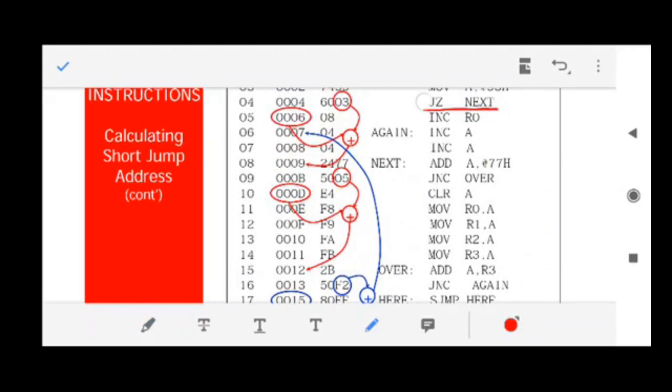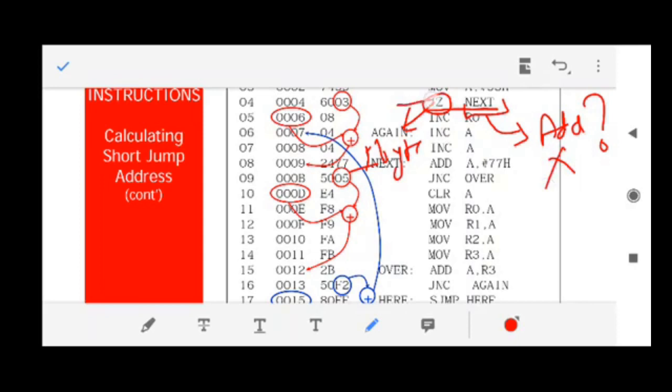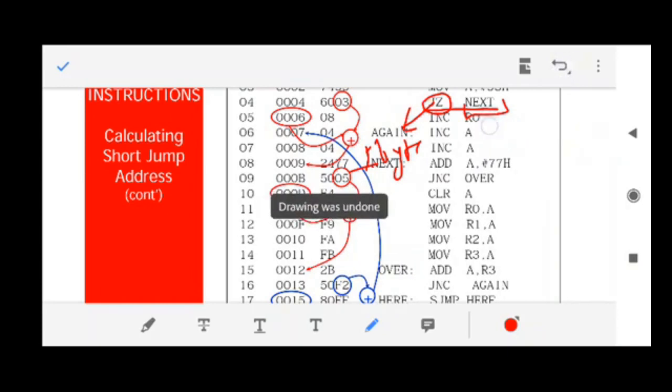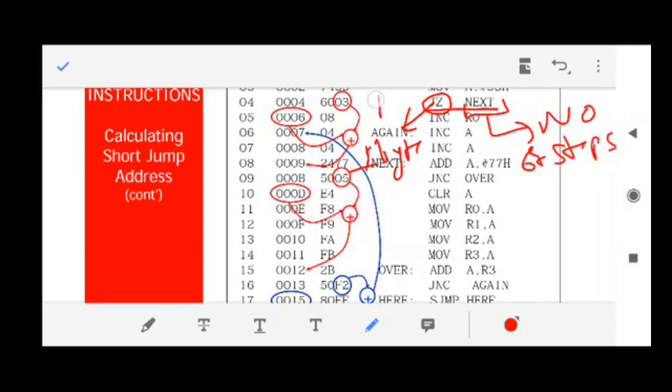So this jump 0 is a 1 byte instruction, and what would be this next? Is this the address where your next instruction needs to be executed? Not with respect to your current location. If this were a long jump it would be an address, but in this case it is the number of steps you want to go, backward or forward, from your current location.